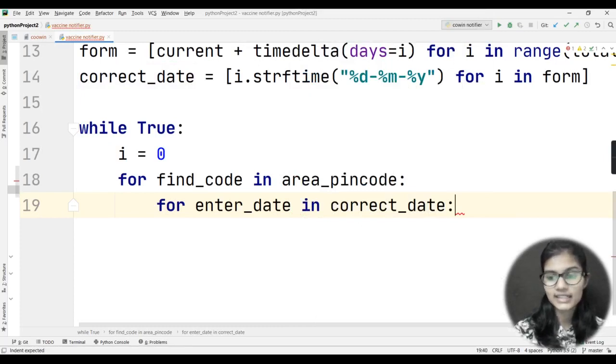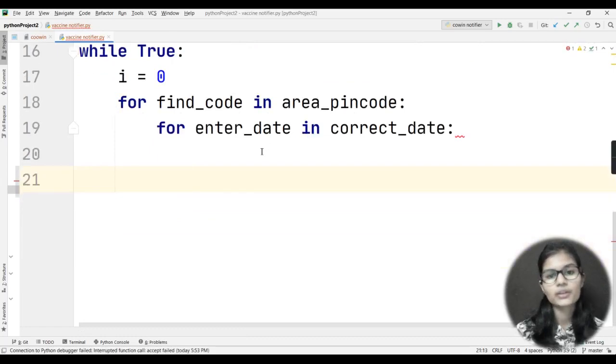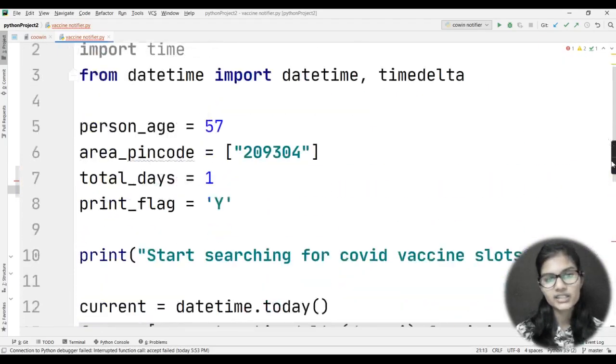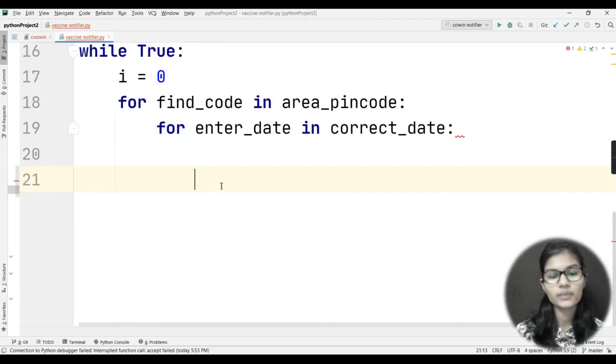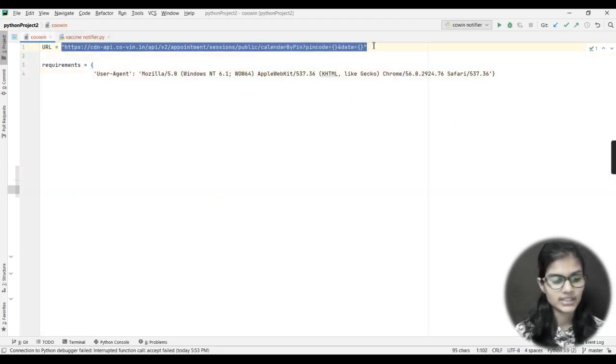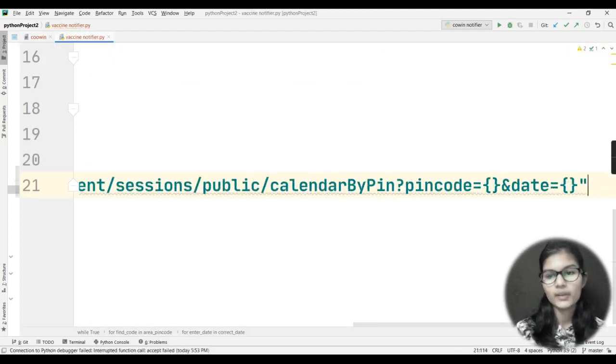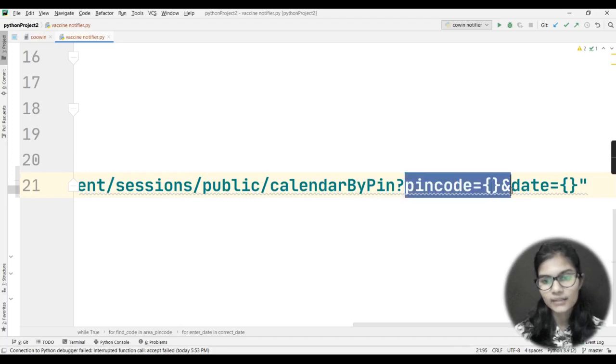Now, what's next that I need to apply here? After that, I will be coming down here. Now, the main things that come into this program: till now we had simply initialized the variables, taken today's date and all those things. Now, the very important thing that comes here is that I need to write the URL of the website from which I am going to fetch the data. For this URL, I already have copied the URL from the website, so let me quickly copy it and paste it here. Now basically I had just added some more things here.